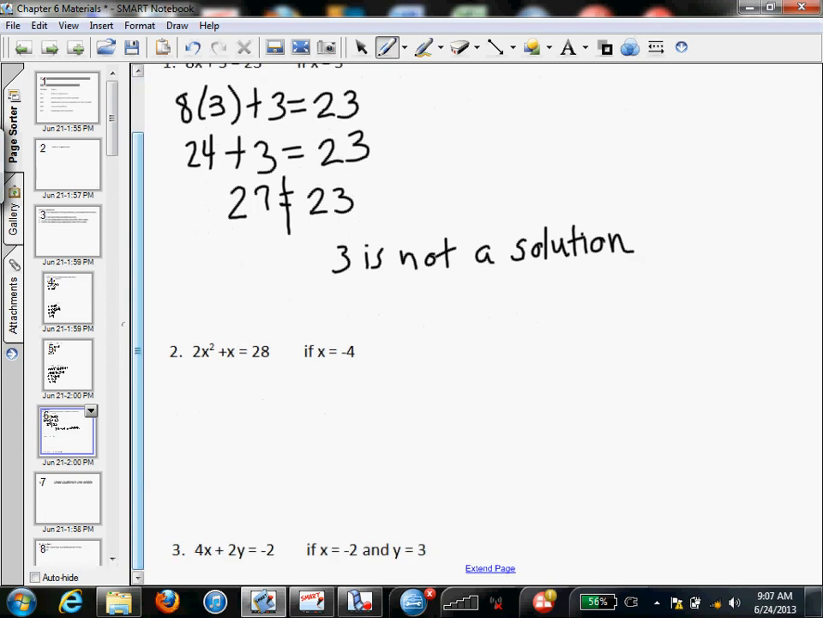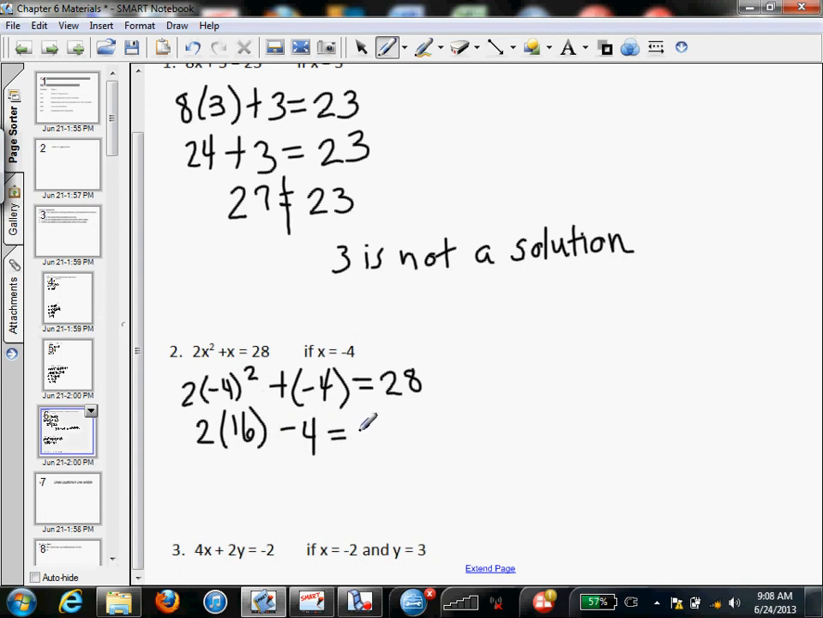Okay, if we keep looking, we have for number 2, 2x squared plus x equals 28. So let's just go through, replacing all variables in the expression with an open and closed set of parentheses. So we have 2 blank squared plus blank equals 28. Let's go through and write a negative 4 in each set of parentheses, since that is what the x is equal to. So if we solve this, that is 2 times negative 4 squared is going to be a 16,